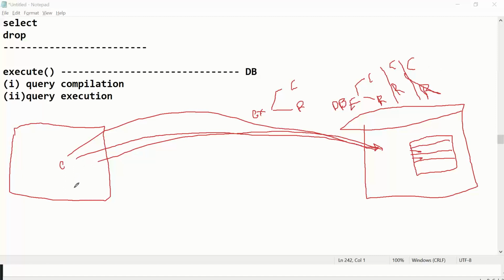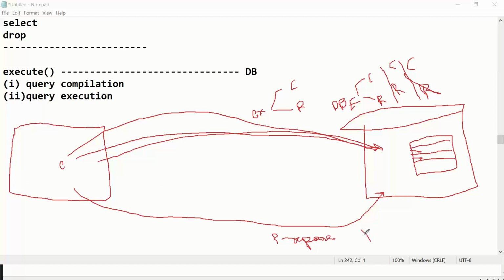Instead, there is another method you will bring in, that is the prepare method. Instead of execute, prepare is another method we are bringing in from the Python side.